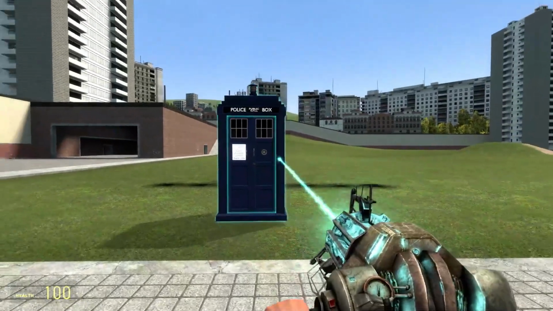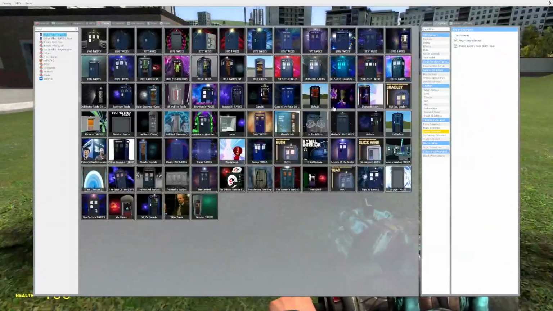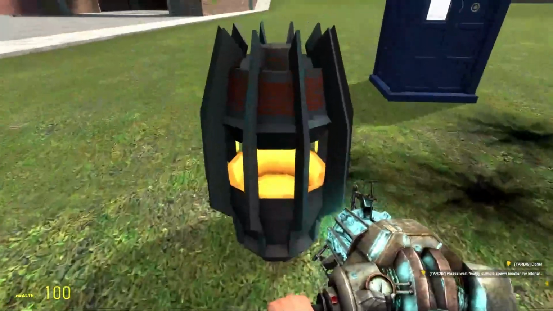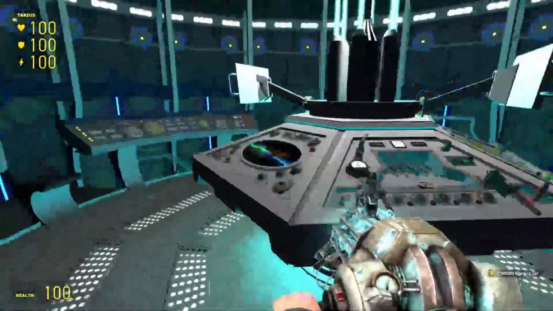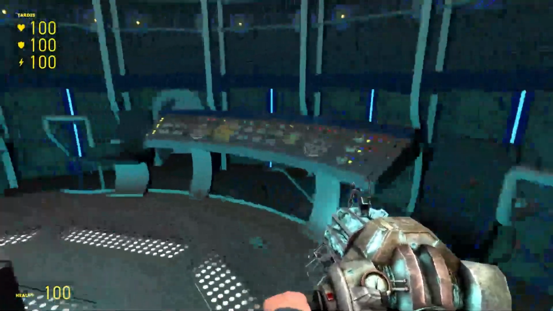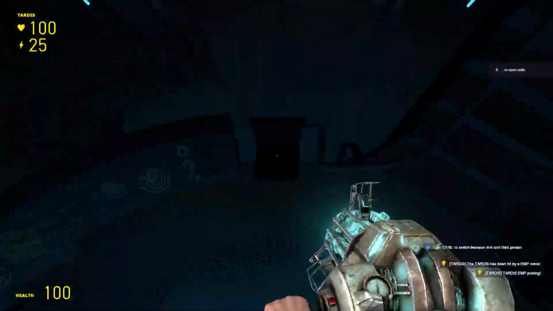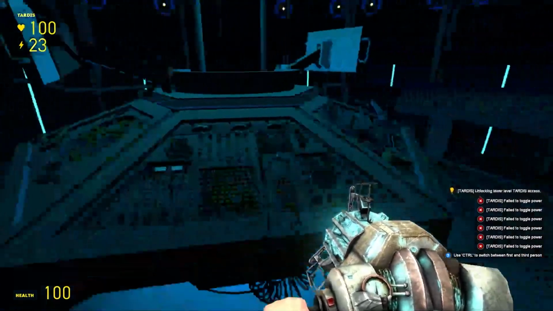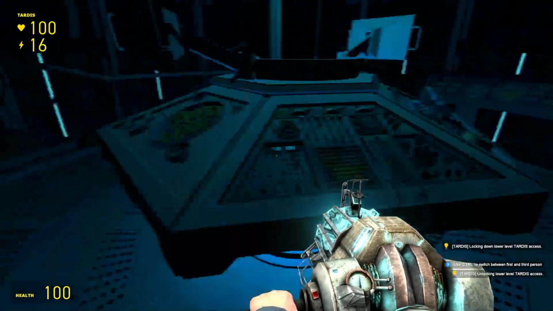It repairs and it has the smoke. Very cool. Now to the other part of the auxiliary thing. If you have an EMP, and your TARDIS is going to be EMP'd for a while, let's just get in here. Wait for this thing. There we go. Can't turn on, but if we turn on auxiliary mode, by the way, I didn't say it, locking down mechanism,